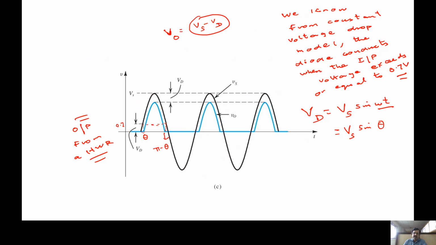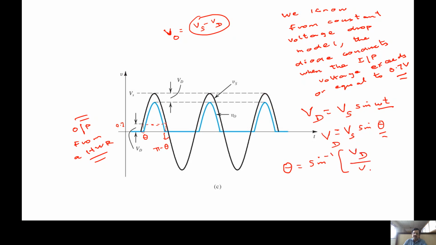So we already understood that when it exceeds 0.7, the diode starts conducting, and the peak voltage will be Vs minus Vd, the peak input minus the voltage drop across the diode. So substituting, we can rewrite this equation. Our aim is to find this theta, so rewriting, theta equal to sine inverse of